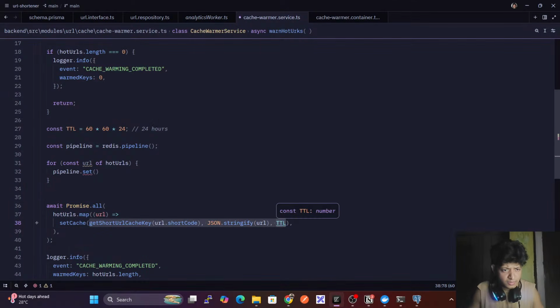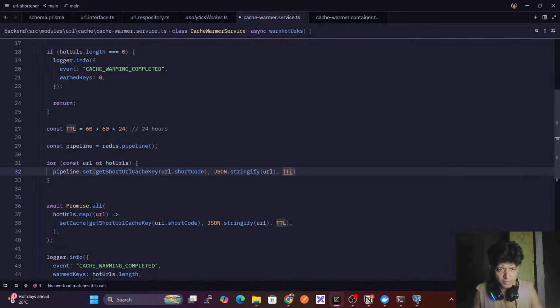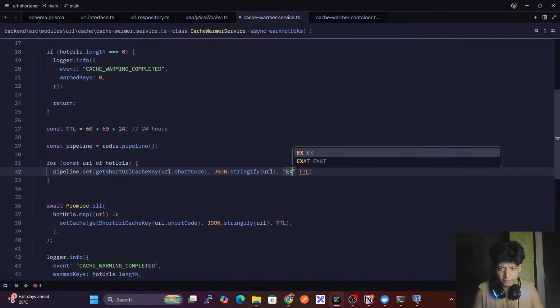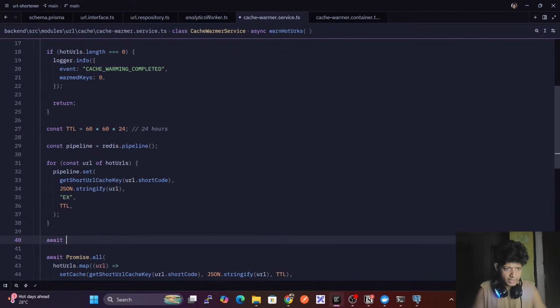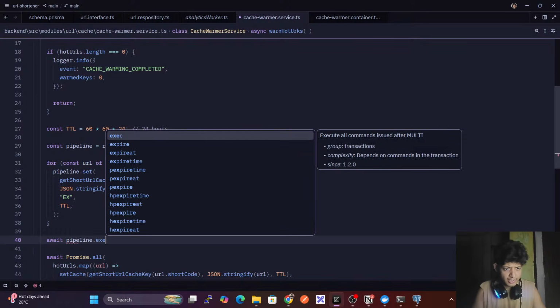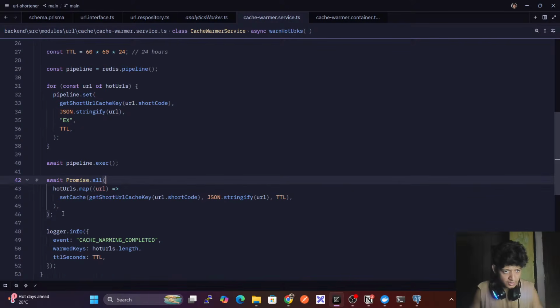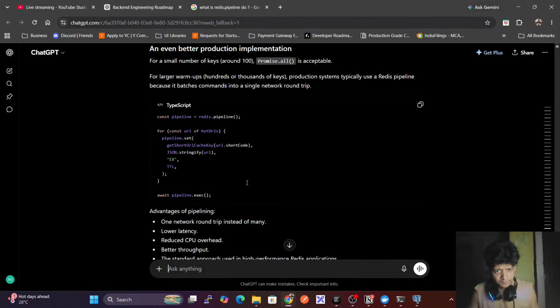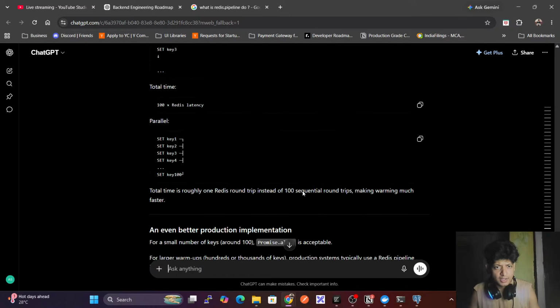Copy this. Yep, copy this. We have to give this as well. Fine, right, we got this. And then await pipeline.execute. Okay, fine, we got this. Maybe we can remove this, not required. Okay, so this is the better way to do it. Fine. Okay,